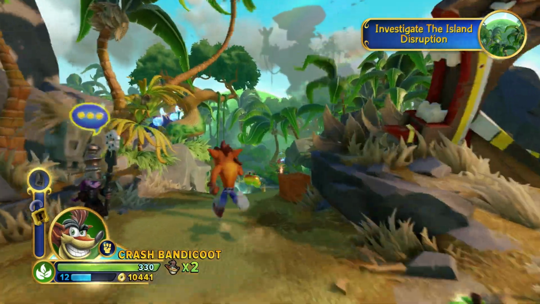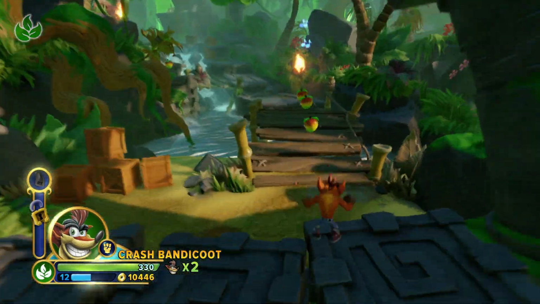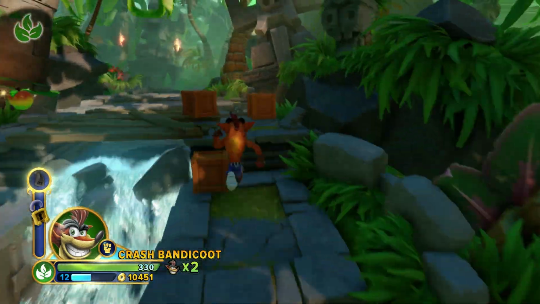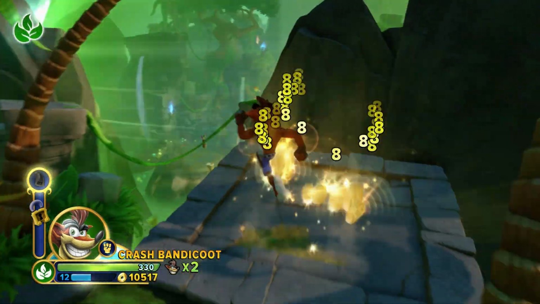Now a lot of people will argue that the TNT boxes are kind of annoying, like they don't like how random it is to get the other abilities to proc, or to get a life back. But I like it because I feel like it involves you more in playing the game. It makes it more fast paced. It entices you, it makes you use more buttons